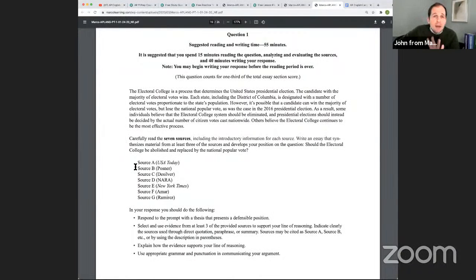images and graphs. And one common question I get here at Marco Learning is, is a synthesis essay like a DBQ on AP US History or AP World? The answer is kind of. And my advice to you is to think of it a little bit differently, where on a DBQ, you need to use all 6 or 7 documents and get them through your argument and use them to support